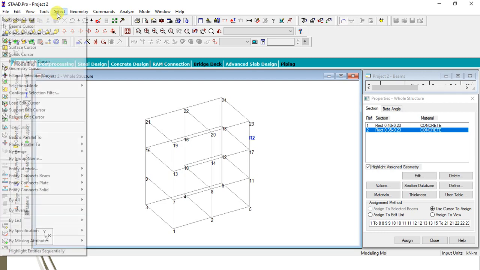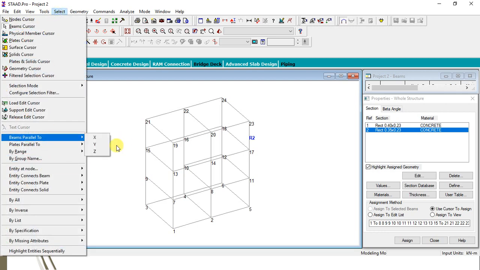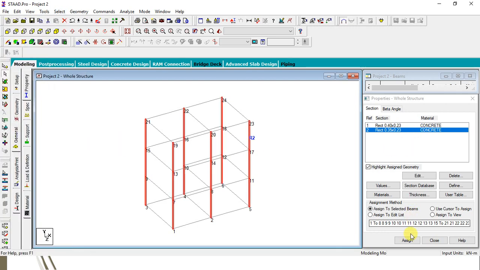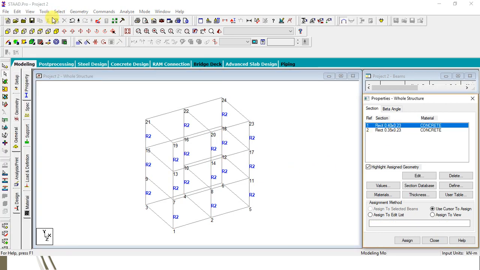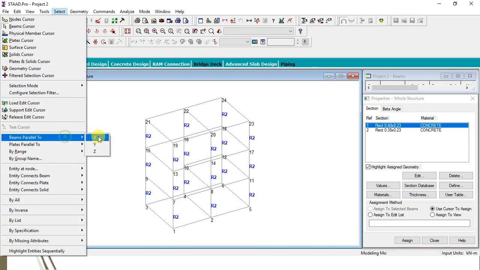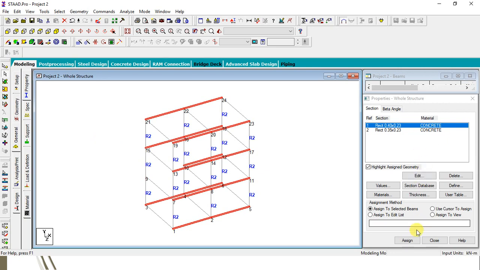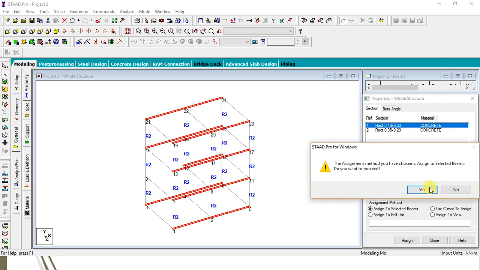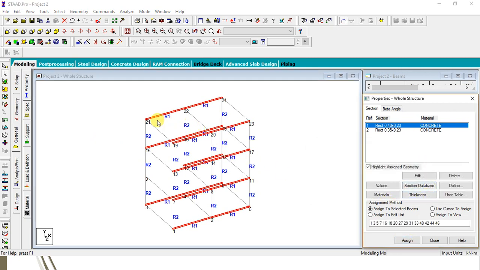Now here again I am selecting beams parallel to y direction and this will get assigned to all these beams. Yes. Okay. Now I am selecting the second cross section size. Select beams parallel to x direction, the second cross sectional size will get assigned. Yes. Okay, so now you can see here R1 is available.